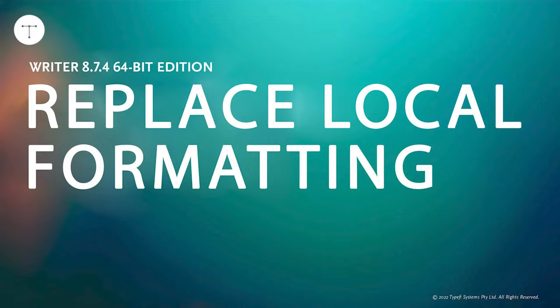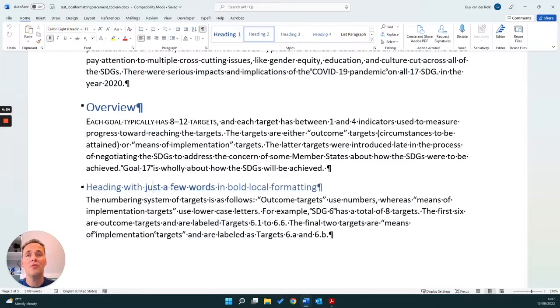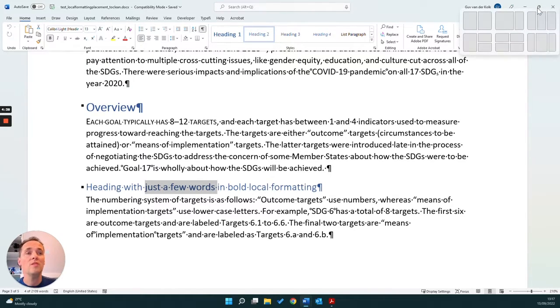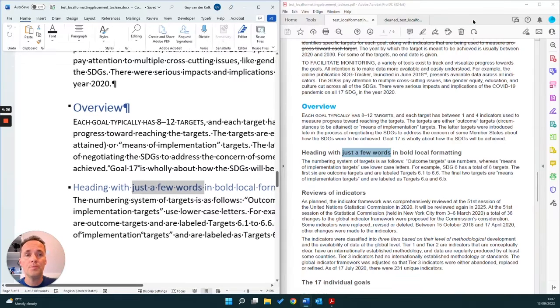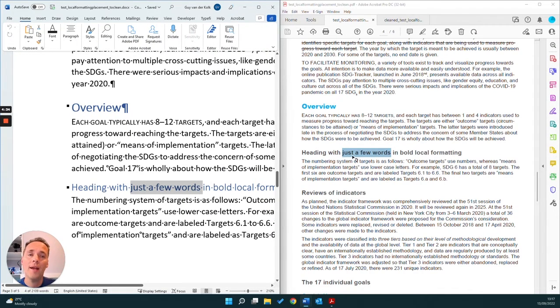In Typefi Writer 8.7.4, we wanted to give you full end-to-end control over font nuances in your publications. It's not uncommon for documents in Word to be typeset using default fonts like Calibri, while InDesign might have a template with completely different fonts that don't necessarily have the intelligence built in to automatically go from a bold, as